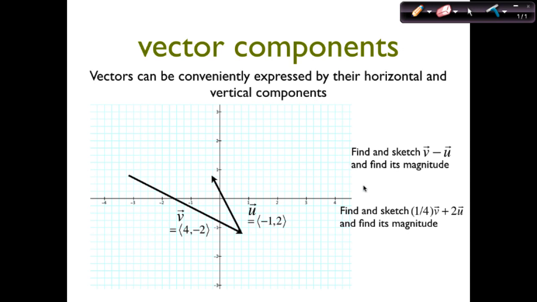So let's do 1/4 v, and v would be what? Or minus 2. So scalar multiplication, if you want a vector in the same direction with 1/4 of the magnitude, then you're going to want 1/4 of each of the changes, right? You're going to want 1/4 of the change in x and 1/4 of the change in y. So it feels like the distributive property. You can just multiply your 1/4 in. So 1/4 of v is 1 comma negative 1/2, and then 2u